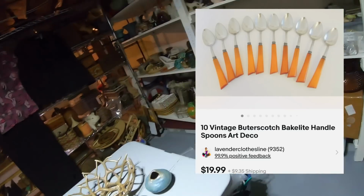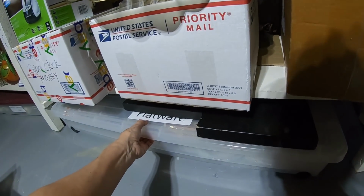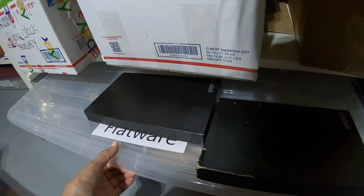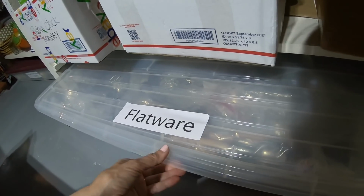The spoon sold $19.99. That is in flatware. Okay, hold your ears. Ready? That's very loud. I'm going to have to tell Lisa to cut that. All right, I see them, right? Let's see if I can just do this without...